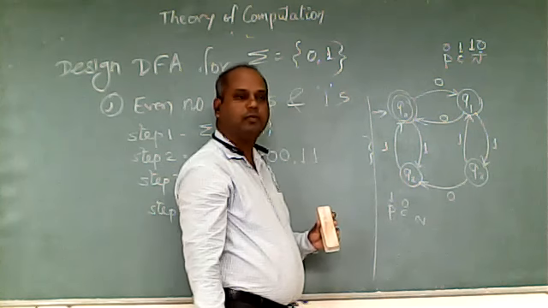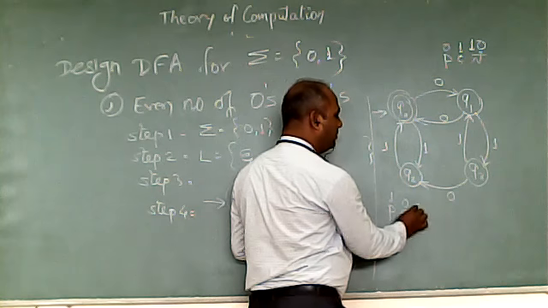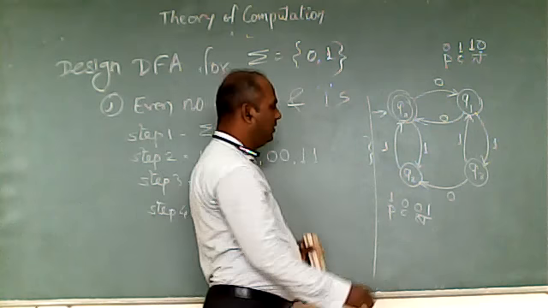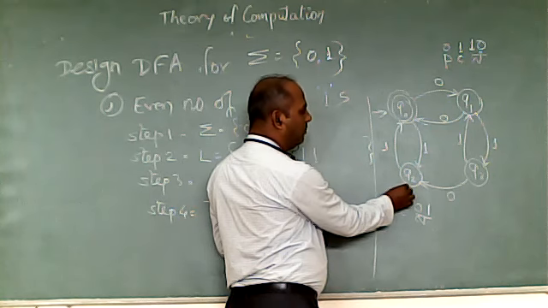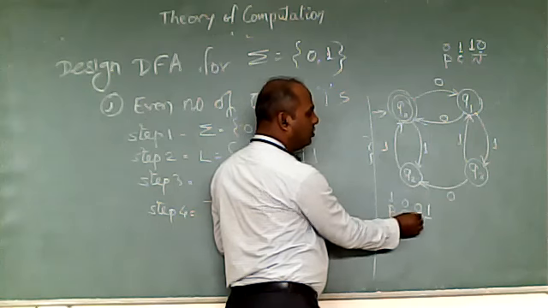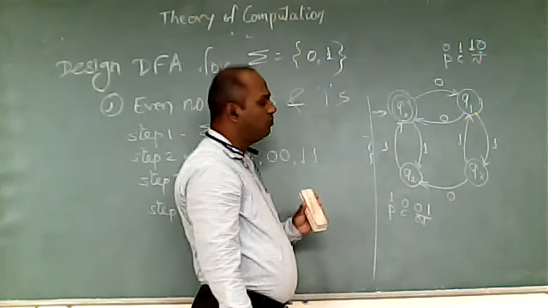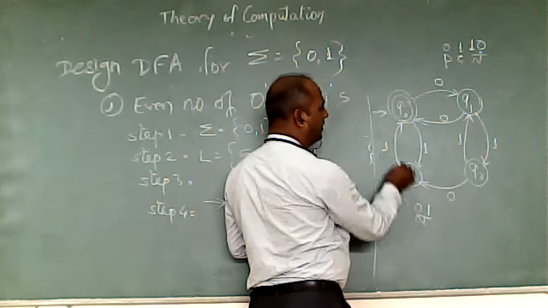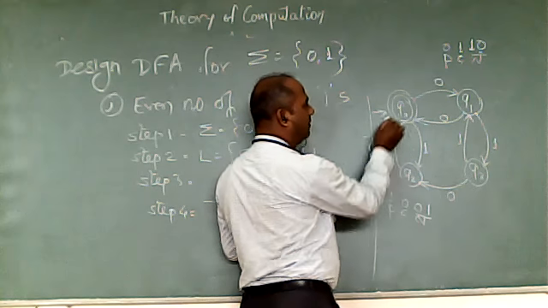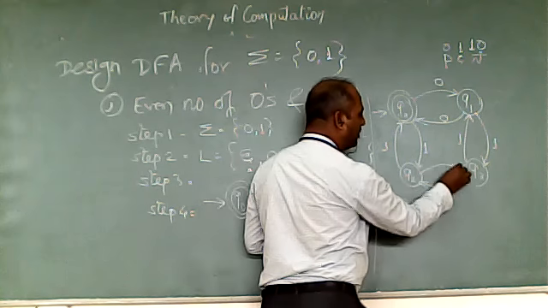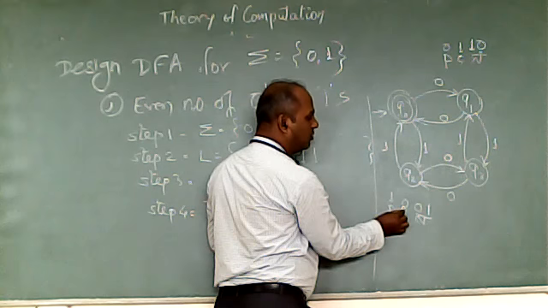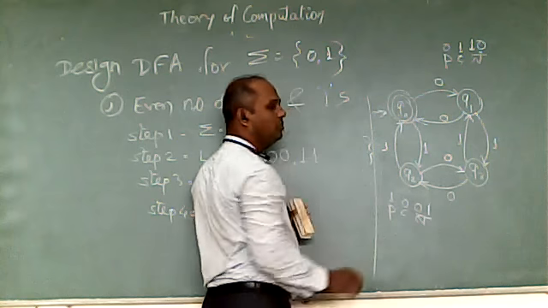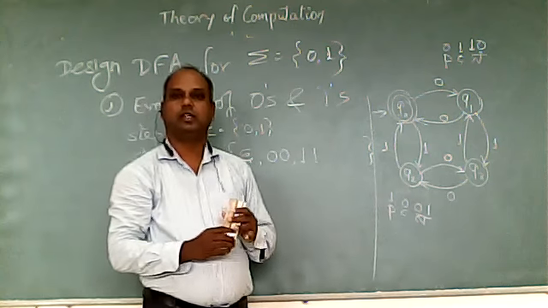So what I need extra, additional, to make this valid, I may add 0 1. Next thing will be 0 1. This becomes valid. So on the 0 transition of Q2, we must reach a state from where 0 1 reaches the final state. So from which state am I reaching the final state with 0 1? Yes, from Q3, with 0 and 1 I am reaching the final state. So Q2, current 0 transition I will make to Q3.